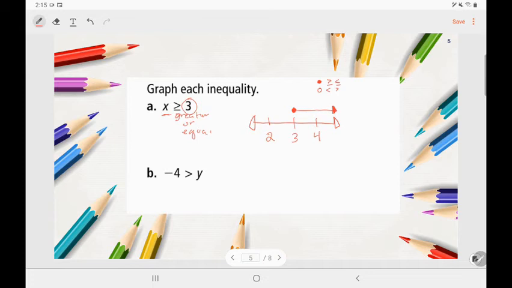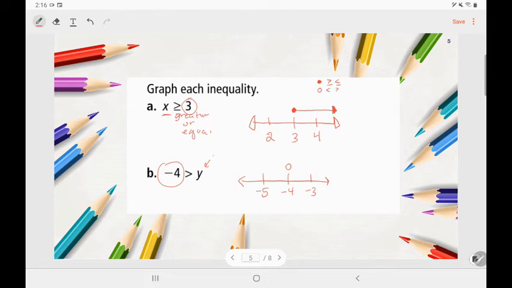Like my next example, B. I'm going to write my number line. Here's my number that I'm going to put on my number line. Please be aware of the order on your number line. It goes negative 3 is larger than negative 4, and negative 5 is smaller than negative 4. Now, y cannot be negative 4. So I'm going to put an open circle. Open circles mean that it cannot be that value, but I'm going to draw my arrow in the direction that